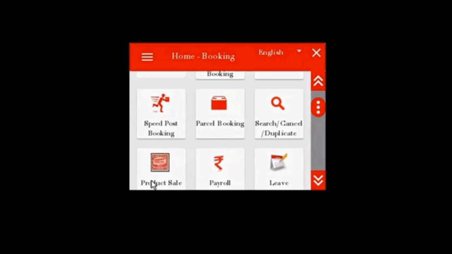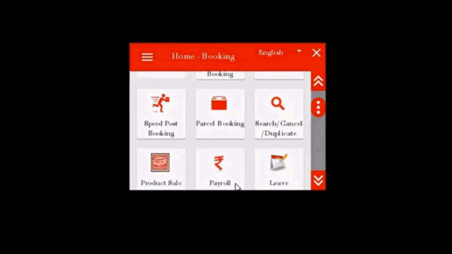Product sale. Through this option, the BPM can sell stamps and stationeries of Department of Post. The name of item to be sold can be selected from the item code button provided in it after providing sale price. Receipt after sale of product can be printed, but this is optional. It may be mentioned that this option can only be used when stamps and stationeries has been dispatched by account office properly through CSI system and has been received by BPM after opening of bag in Darpan apps.